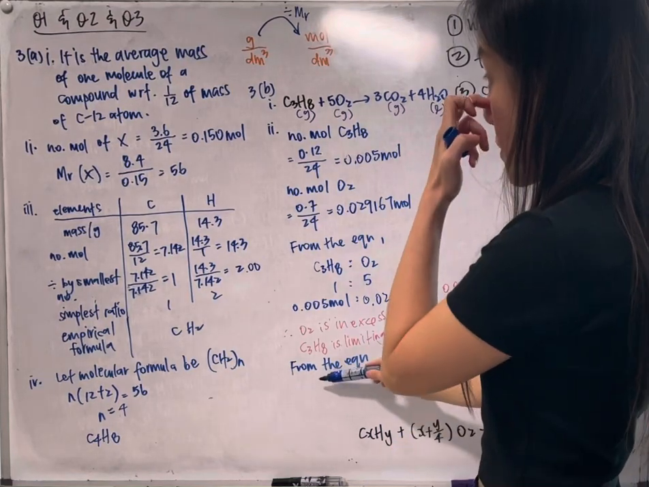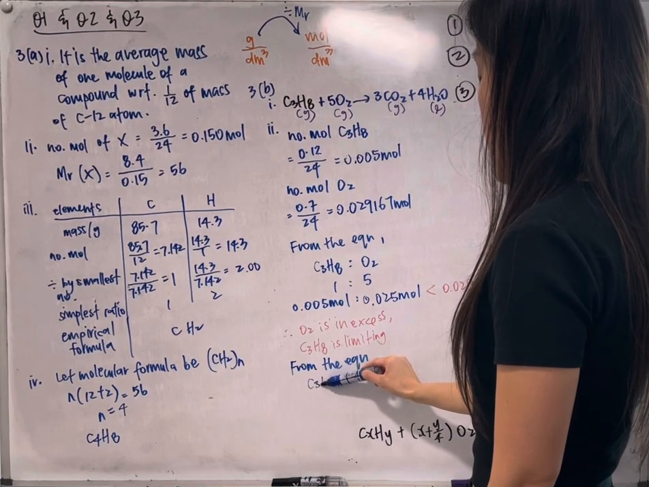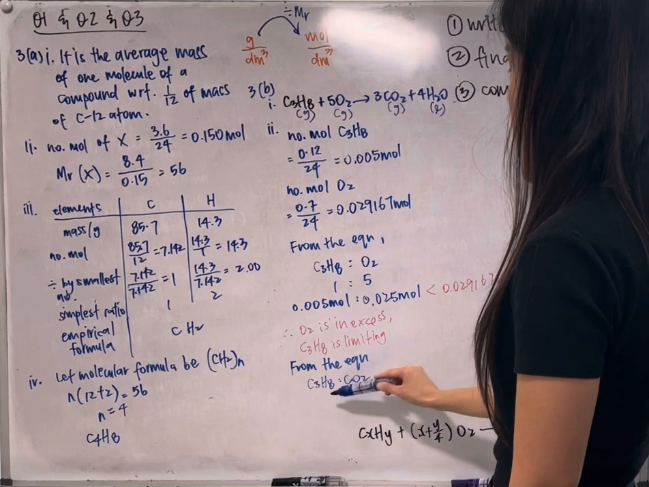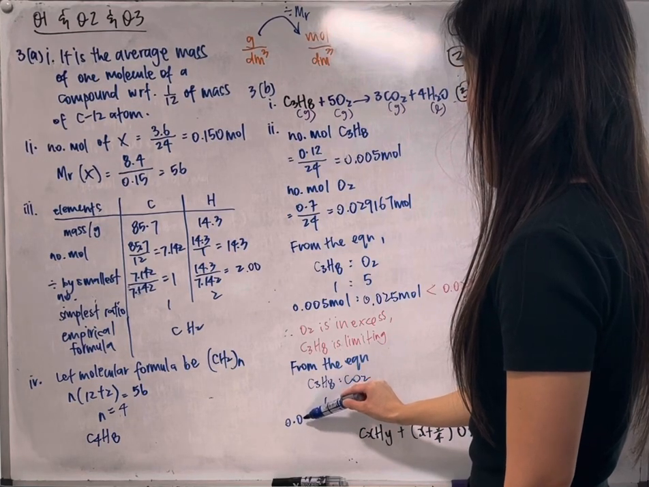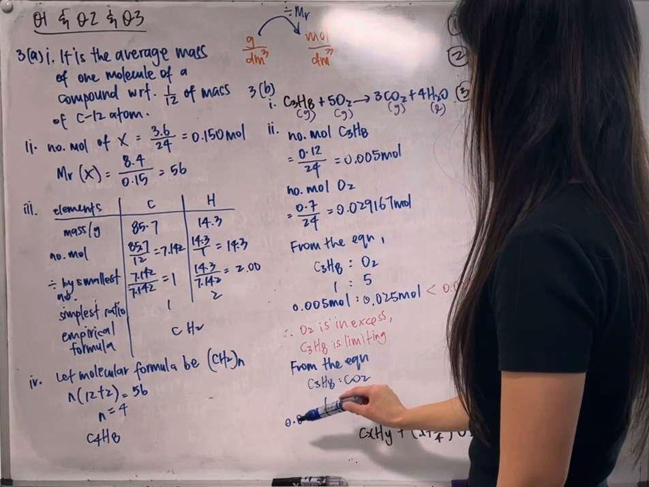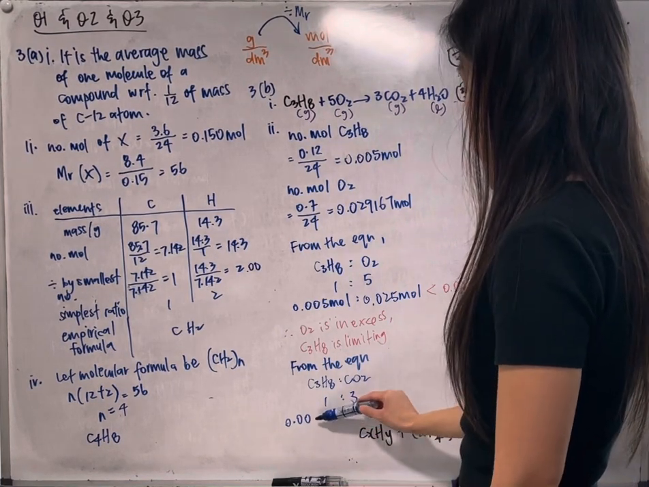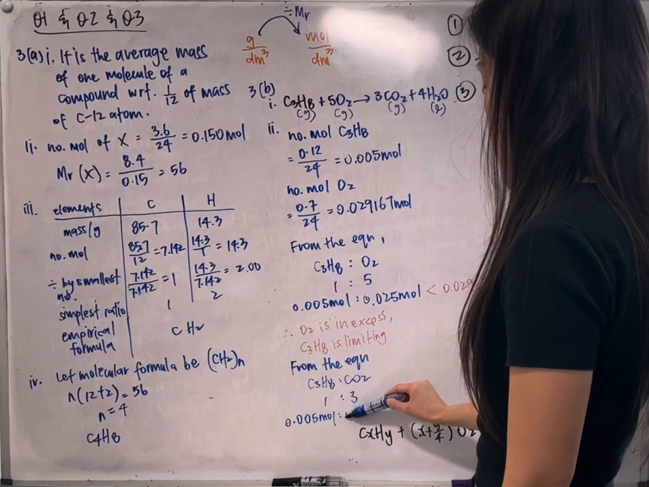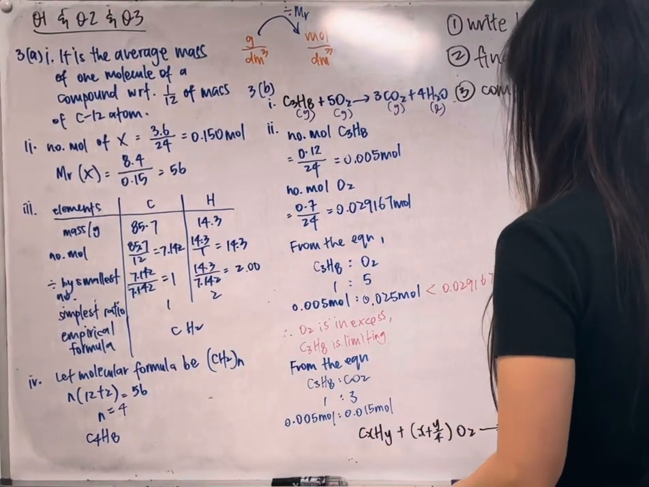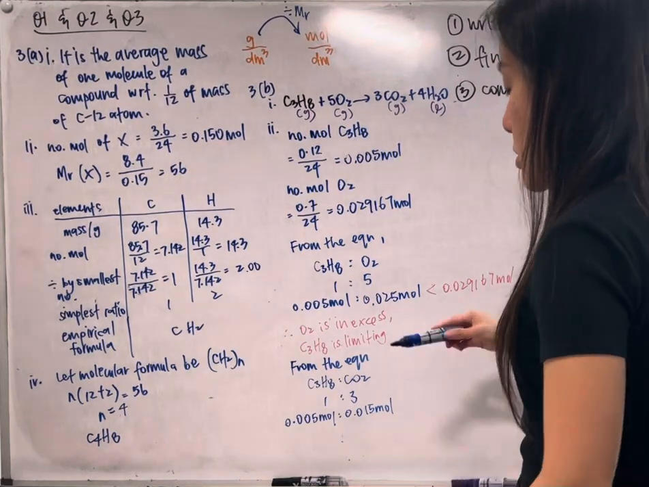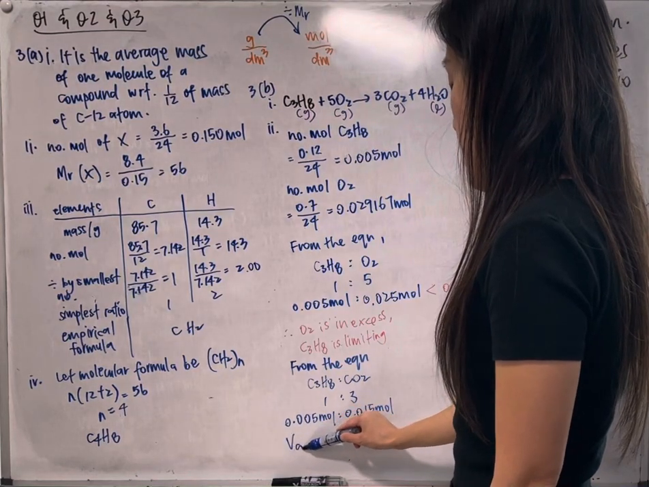So from the equation, I need to find out how much carbon dioxide will be produced. So compare the limiting, which is propane, and your carbon dioxide, 1:3. I already know this is actually 0.005. This will be 0.015 moles. And with 0.015 moles, next we can actually find the volume of carbon dioxide